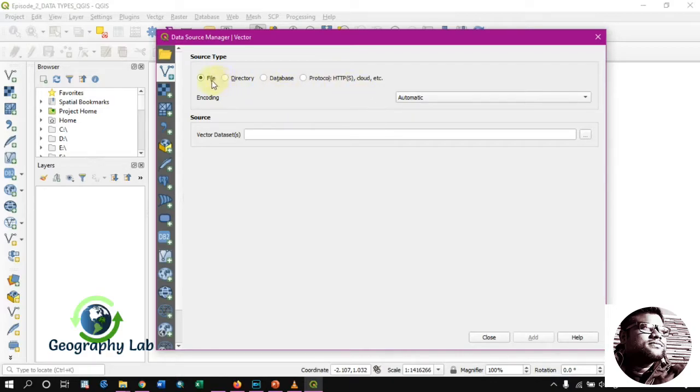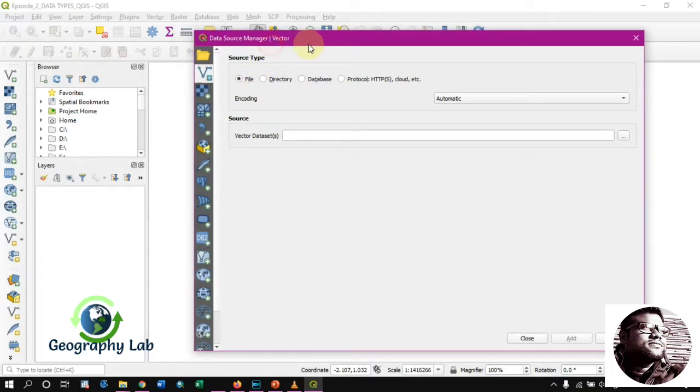In this case I have the file. Maybe we can also import from a directory, a database, or from the web. For that, I have the shapefiles for three types of data: point, line, and polygon.